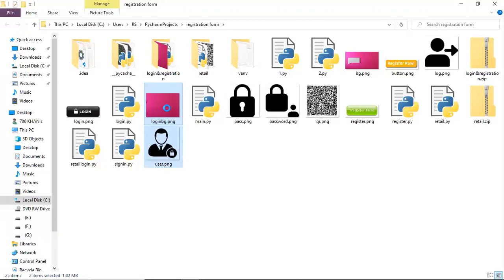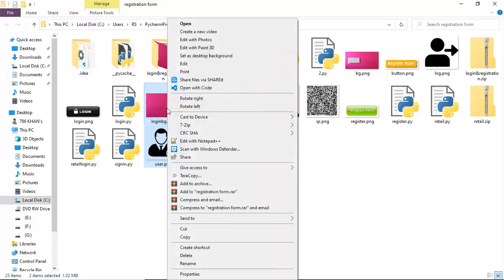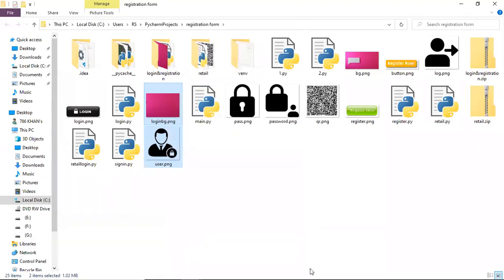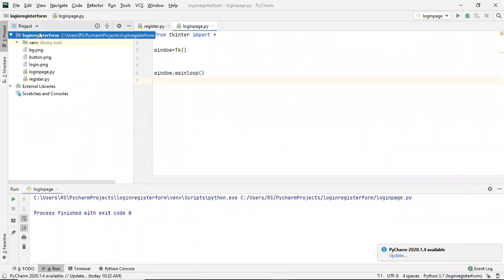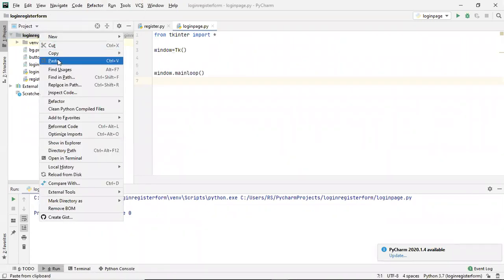Once you copy it, now you can go to your project, ongoing project, and there right click and simply click on this paste button.